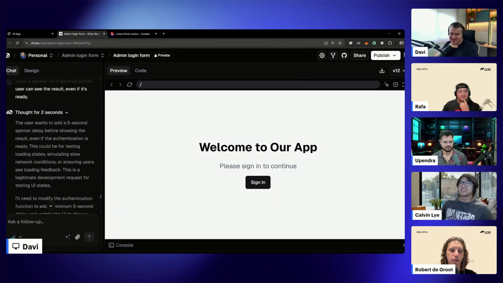Yeah, let's see the answer. The user wants to add a 5-second spinner delay before showing the result, even if the authentication is ready. Is it ready or not ready? Okay, it's ready. This could actually be a legitimate thing, because if there's no waiting time perceived